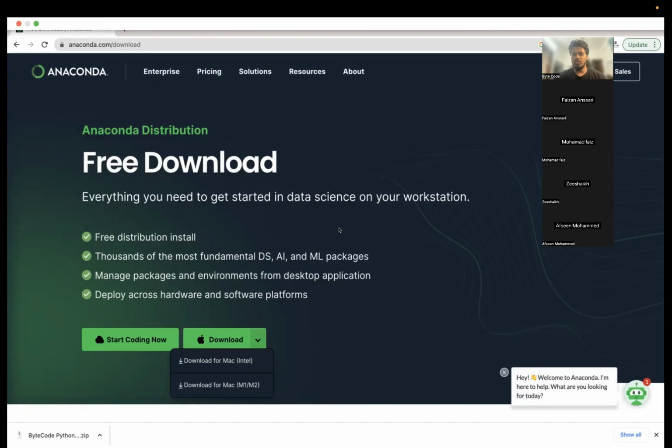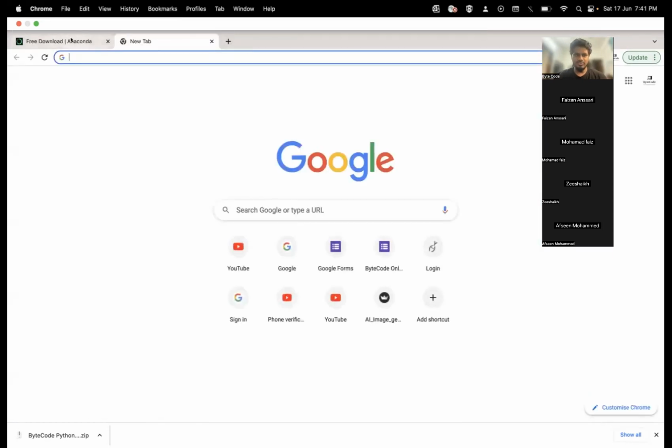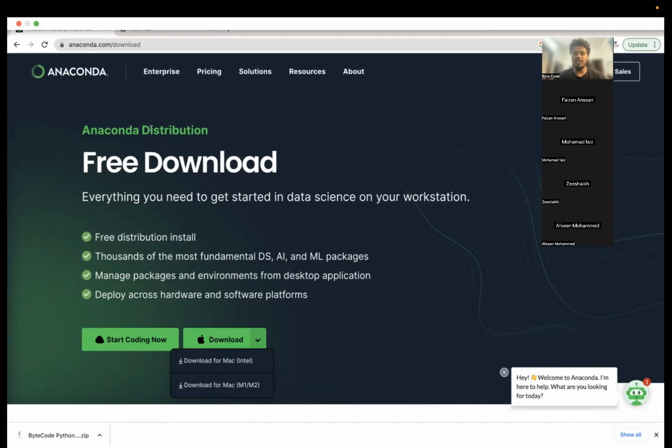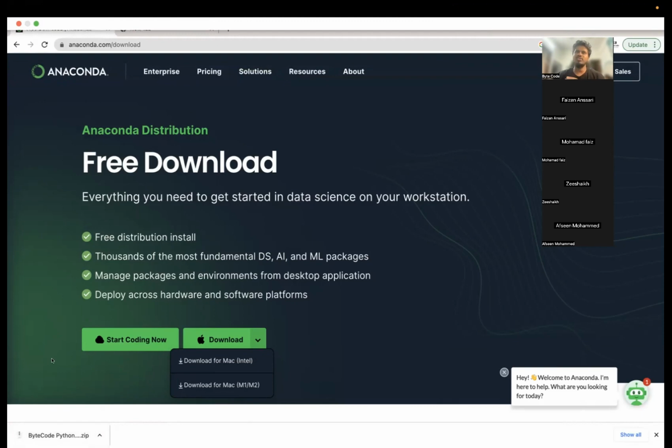Can everybody follow this process step and let us know? So what is this Anaconda distribution, by the way? This is a tool where you will run your Python programs. Whenever we try to do any development, you have to download a tool. Suppose you want to create a document, you will use Microsoft Word.